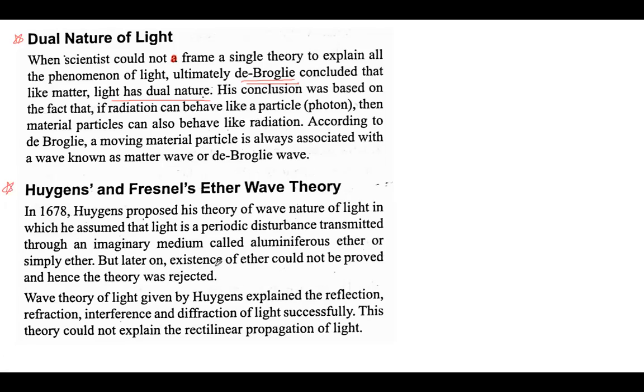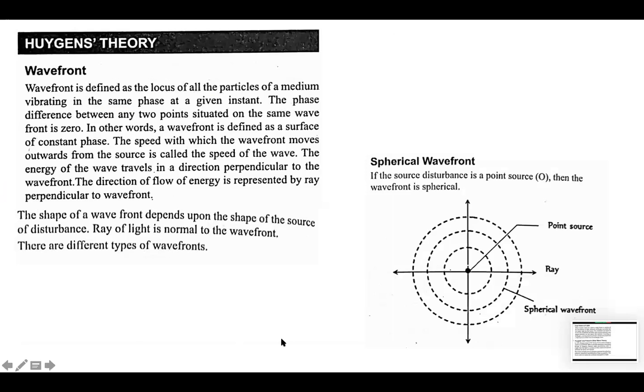The wave theory of light given by Huygens explained the reflection, refraction, interference, and diffraction of light successfully. This theory could not explain the rectilinear propagation of light. Now, Huygens theory, right? Wave optics actually starts from here, from Huygens theory. So,